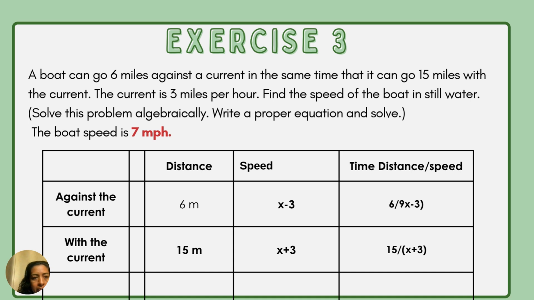We have 6 miles against the current and 15 miles with the current. We know the speed of the current is 3 miles per hour, and also we know that we want to know the speed of the boat in still water. And right here we also have a clue that says at the same time. So we have x, the speed that we don't know,